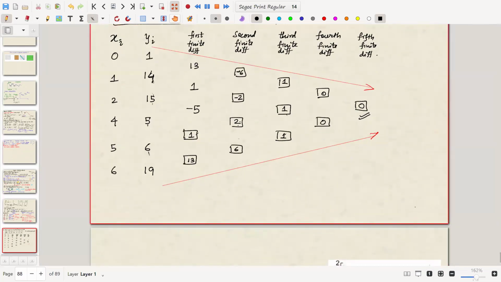Okay. Now I'm asking you what should be the Newton's formula, like how the polynomial will look like. This will have a lot of expressions actually, because you are considering fifth finite difference. Okay, ready? Shall we begin? Yes. So what should it be? Anyone? Y of x equals to y at x naught plus